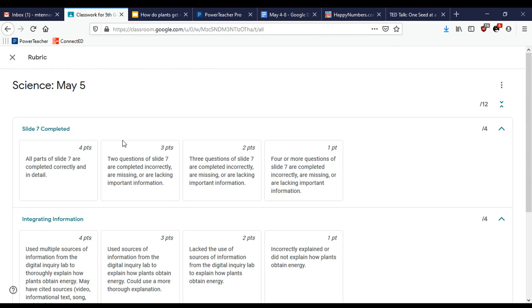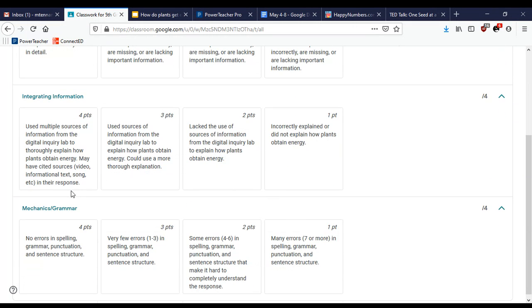And here is just a small little rubric for it. Slide number 7 is completed. If you completed all parts of slide 7 and they're correctly completed and in detail, you'll get 4 points. And then integrating information. If you used multiple sources of information from the Digital Inquiry Lab to thoroughly explain how plants obtain energy, you'll